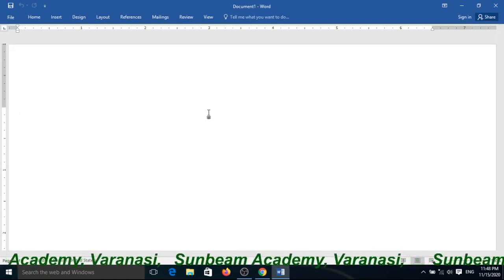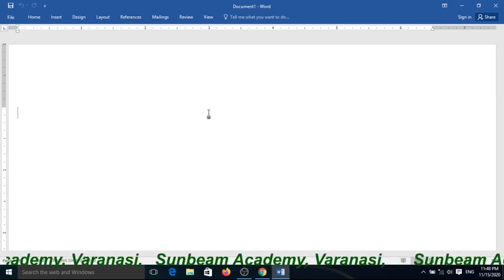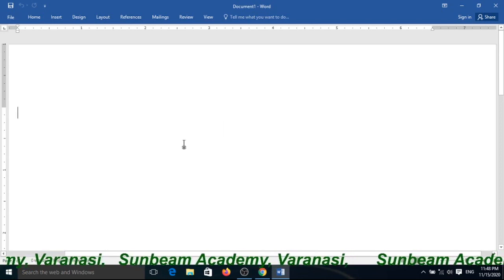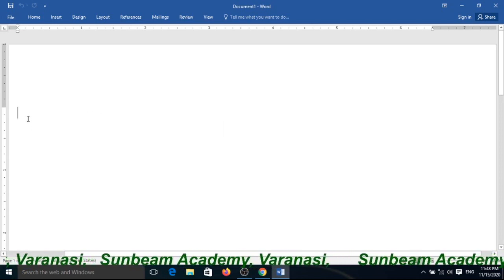How can we insert a table? First, click where you want to insert the table.